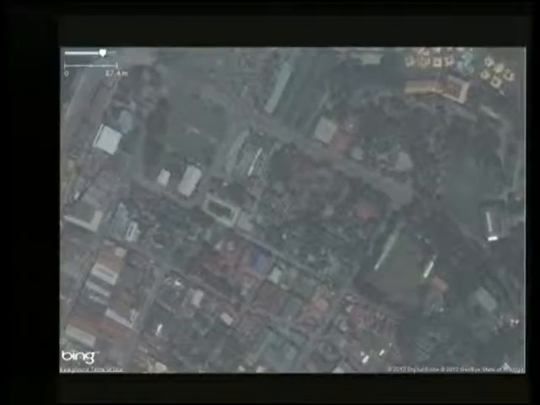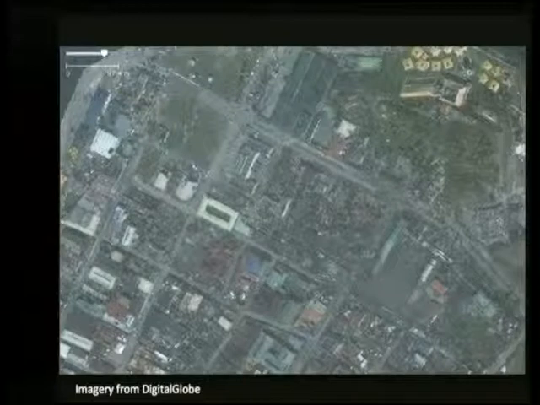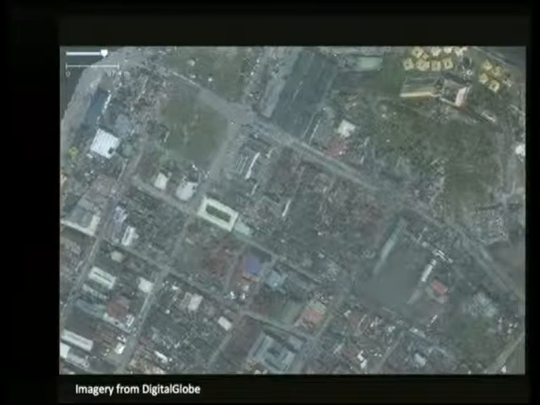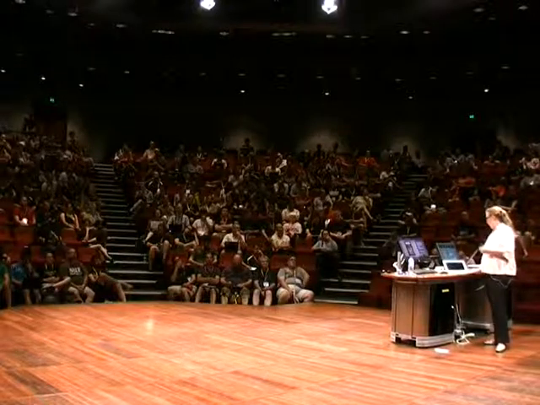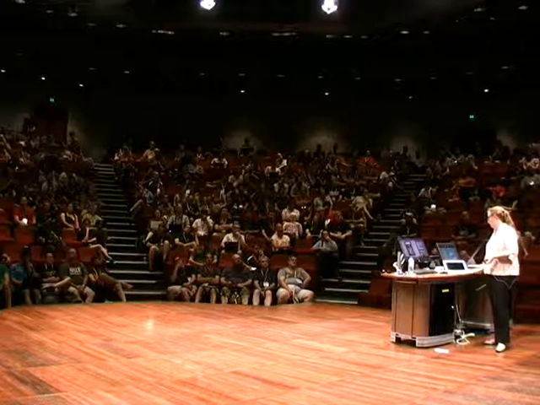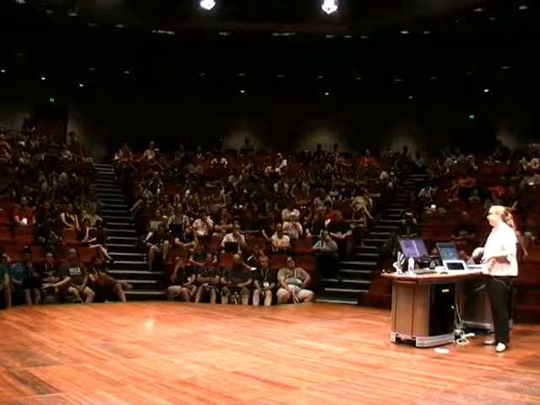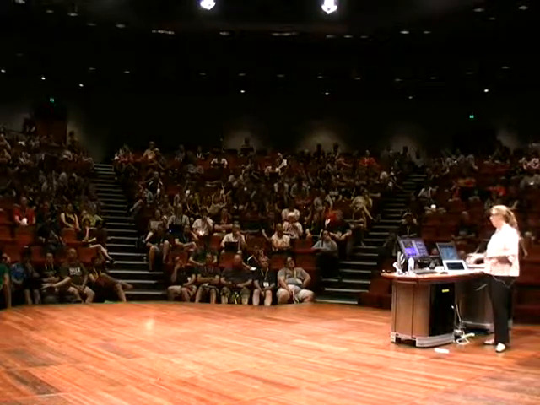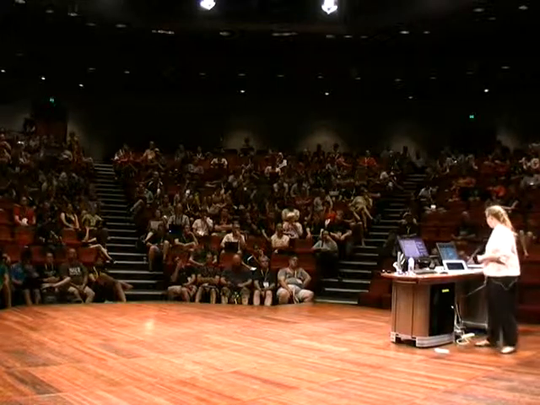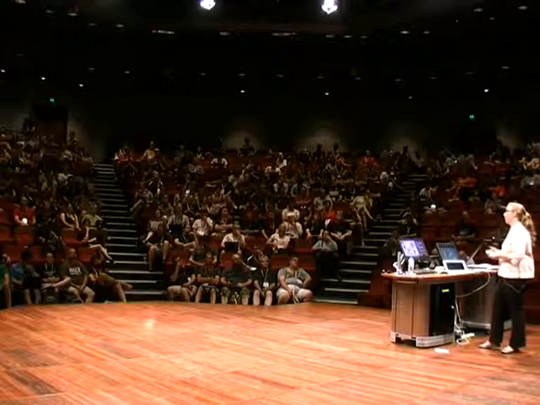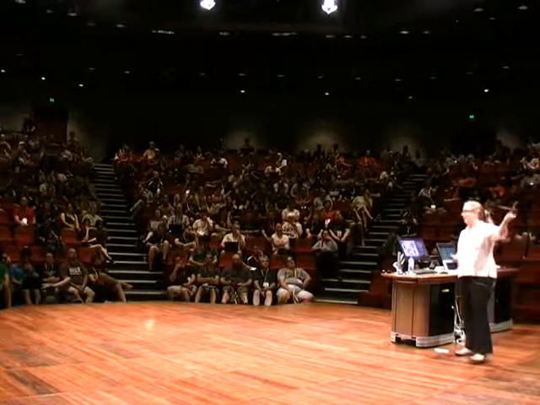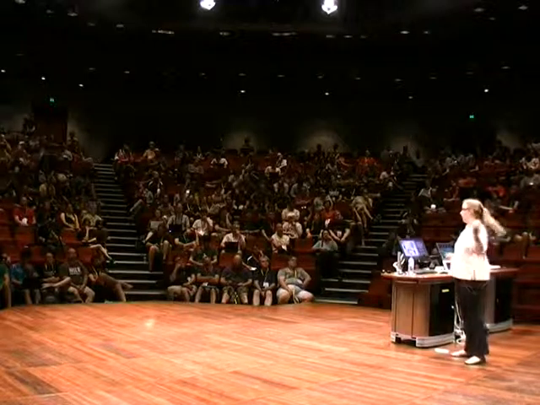So this is a before picture, and then this is an after. You can see many, many houses and buildings were completely demolished. What you can do with having the before picture is you can say that building was there. And what you can do with the after is you say it was damaged or destroyed. But you need both components to be able to do that. And this is just a screenshot from the Java OpenStreetMap editor showing all the vectors that were added of Tacloban using that imagery.